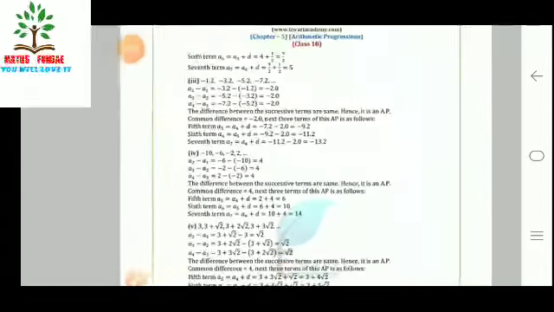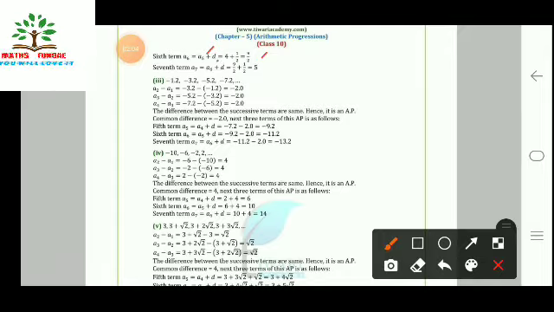Then moving towards the second part, we have 2, 5 upon 2, 3, and 7 upon 2. So a2 minus a1 will be half, a3 minus a2 is again half, and a4 minus a3 is again half. So we can see here the difference between the consecutive terms is the same, so it is an AP. Now we have to find the next terms. So the fifth term will be a4 plus d, that is 4. Then the sixth term will be a6, that is a5 plus d, which is equal to 4 plus half, 9 upon 2. Then the seventh term is a6 plus d, that is 9 upon 2 plus half, that is 5. Since it is an AP, this is the reason why we are finding the next 3 terms.